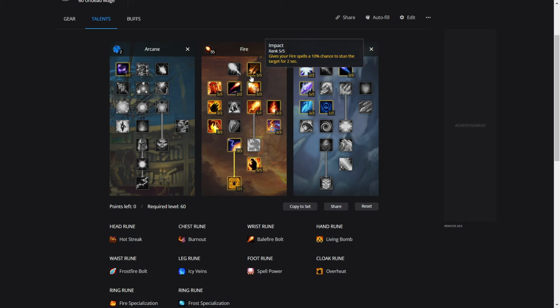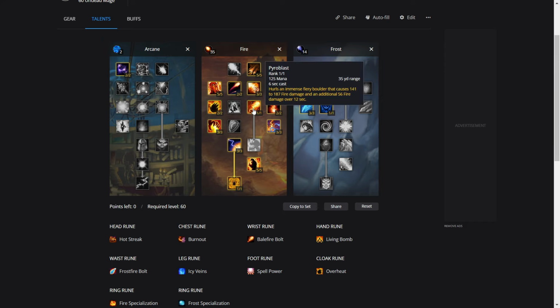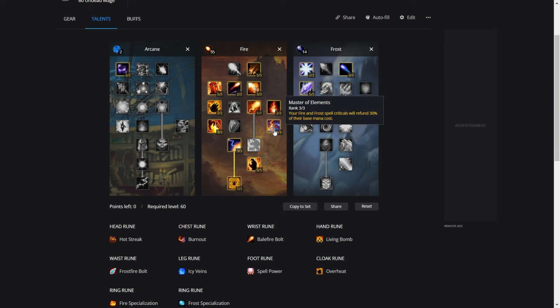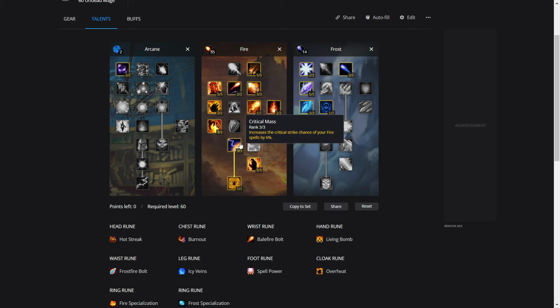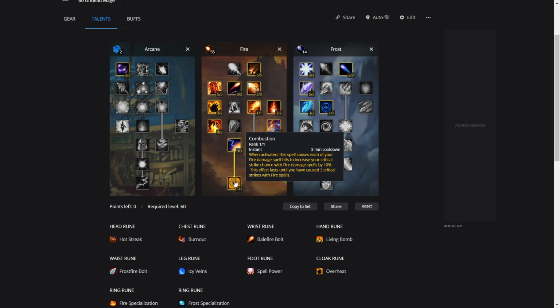Okay, for talents, what we'll want is 5 out of 5 in Impact because we won't be using Fireball at all. 5 out of 5 in Ignite, 2 out of 2 in Flame Throwing, 3 out of 3 in Improved Fire Blast, 2 out of 2 in Incinerate, 1 in Pyroblast, 2 out of 2 in Burning Soul, 3 out of 3 in Master of Elements, 3 out of 3 in Improved Scorch, 3 in Critical Mass, 5 in Firepower,